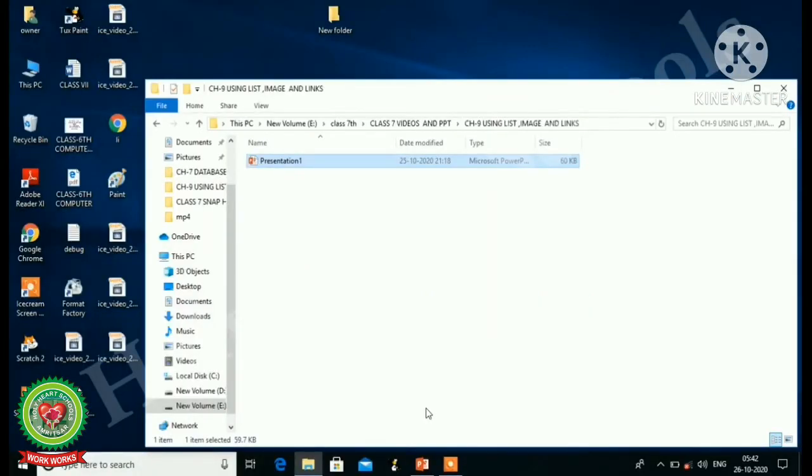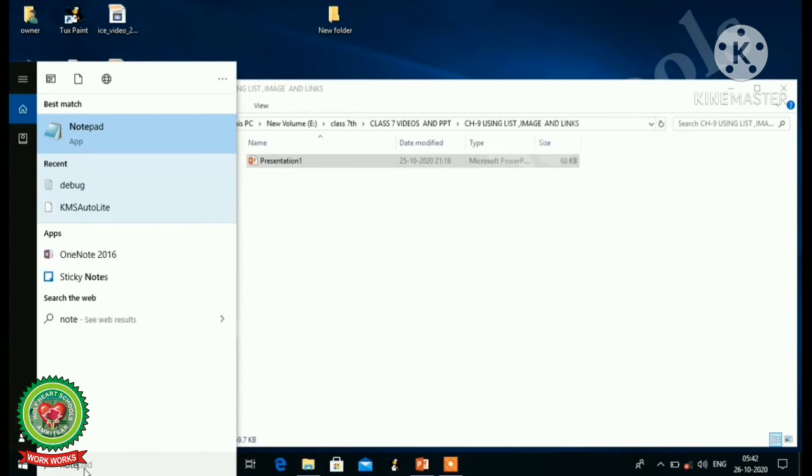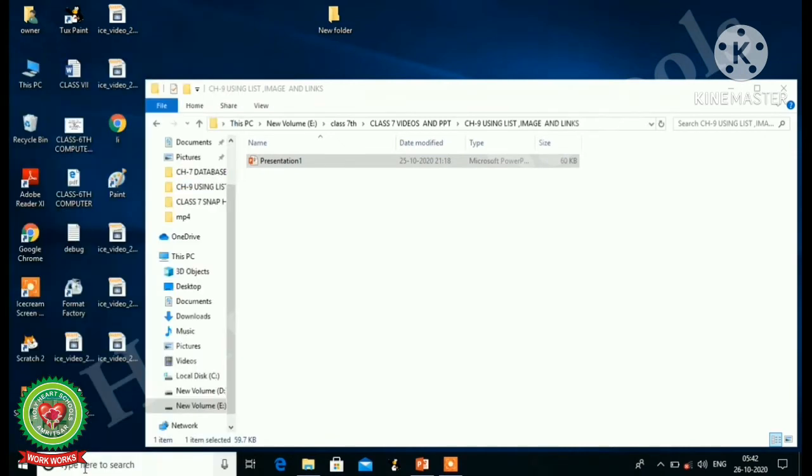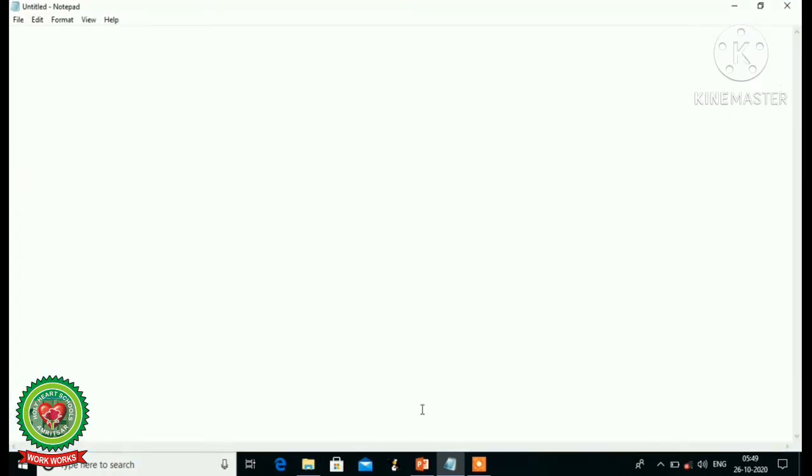First of all, open Notepad to write the coding. Now you can see the Notepad window is displayed on your screen. Now first of all, type the first tag, and that is the HTML tag in angular brackets, and then start the head tag.